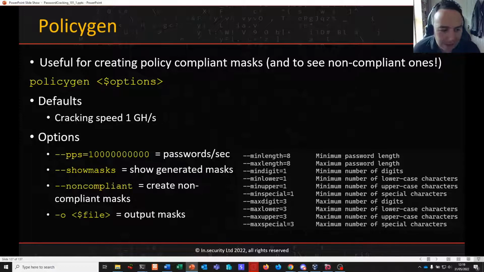And we have Policygen. So Policygen is for creating policy compliant masks or not, as the case may be. If you're in an environment where you've got a very interesting password policy, you can give Policygen the minimum requirements and it can generate masks based on those requirements. You're not testing for anything that might not be allowed in the first place. Like Maskgen, it defaults to 1 gigahash per second cracking speed. You can again edit this and you can ask it to show you masks or show you non-compliant masks